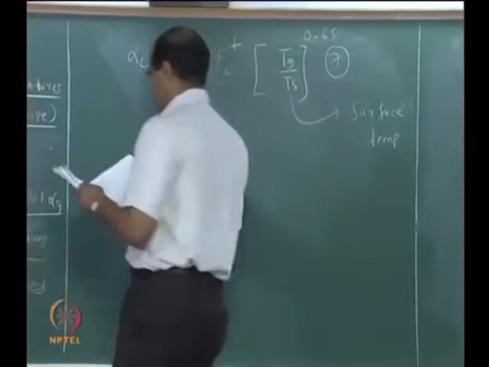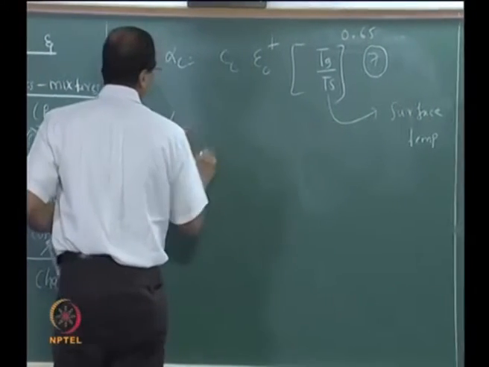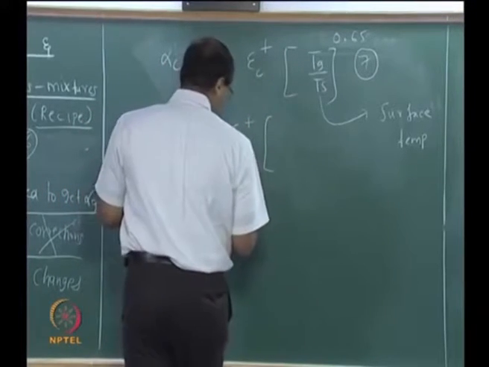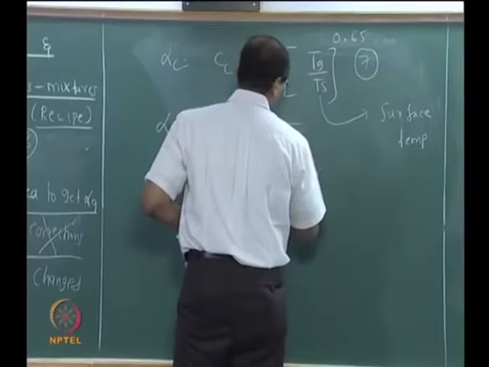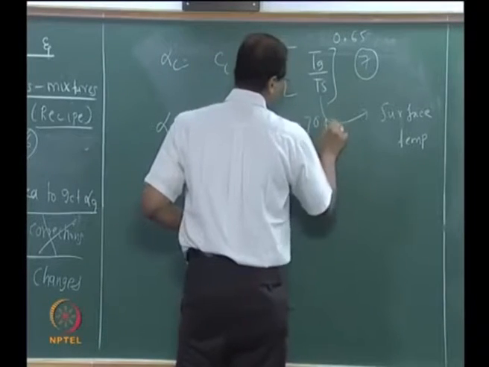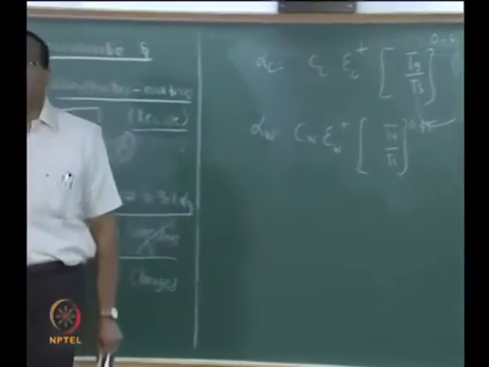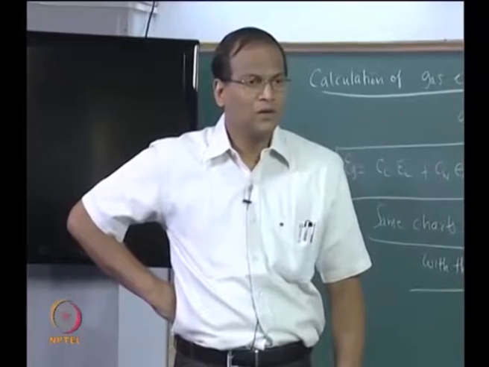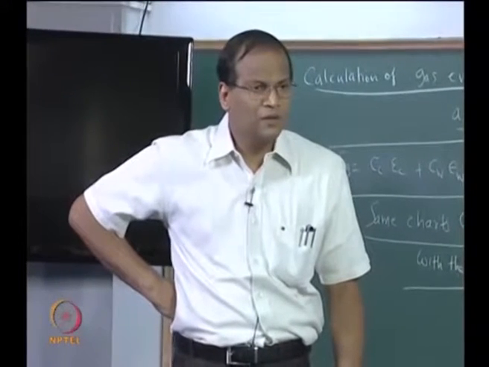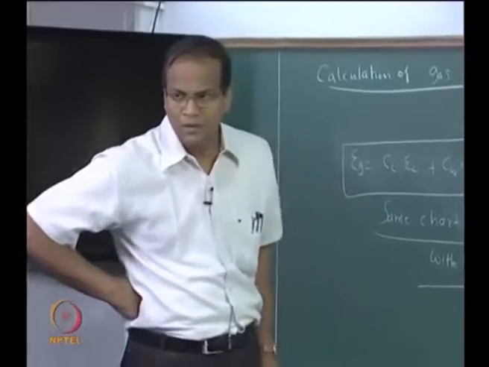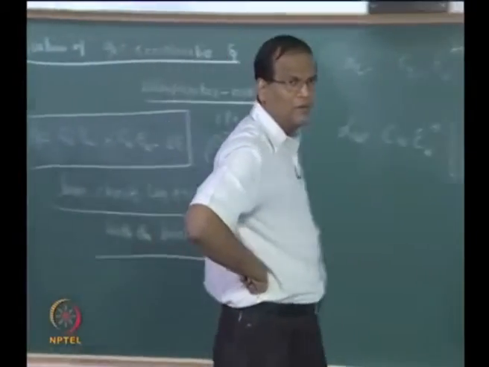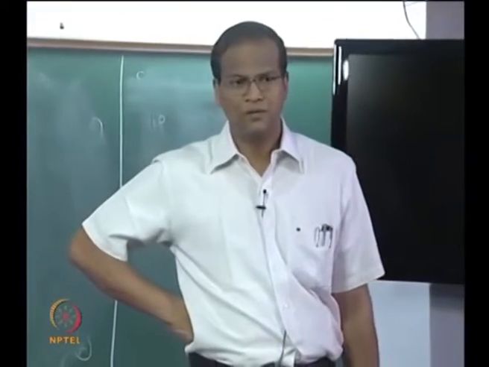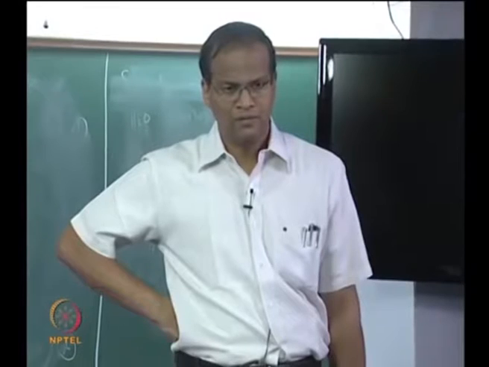Okay. Now alpha W. Do not ask me why this 0.65, 0.5 everything has come, these are all brute force fit. Which surface? Multiple surfaces are radiating. Which surface do we have to take? Temperature. If we take the parallel plates, one is 1500 and another is 900 Kelvin.